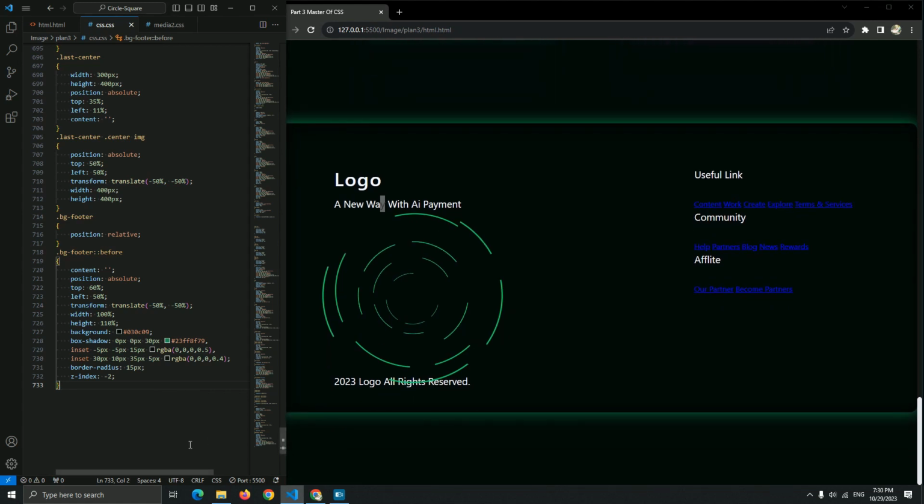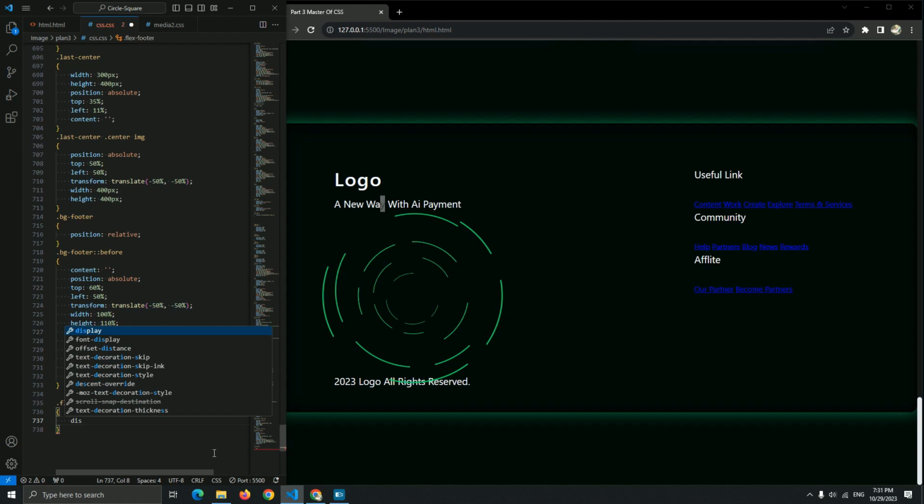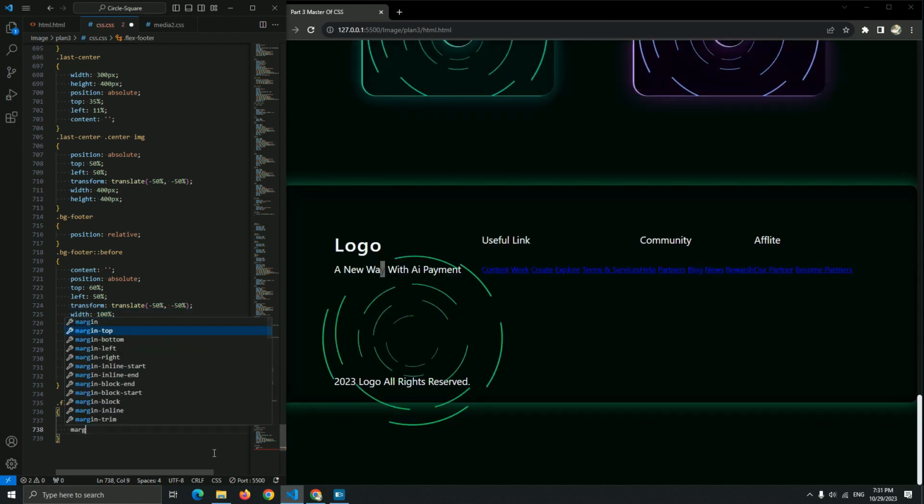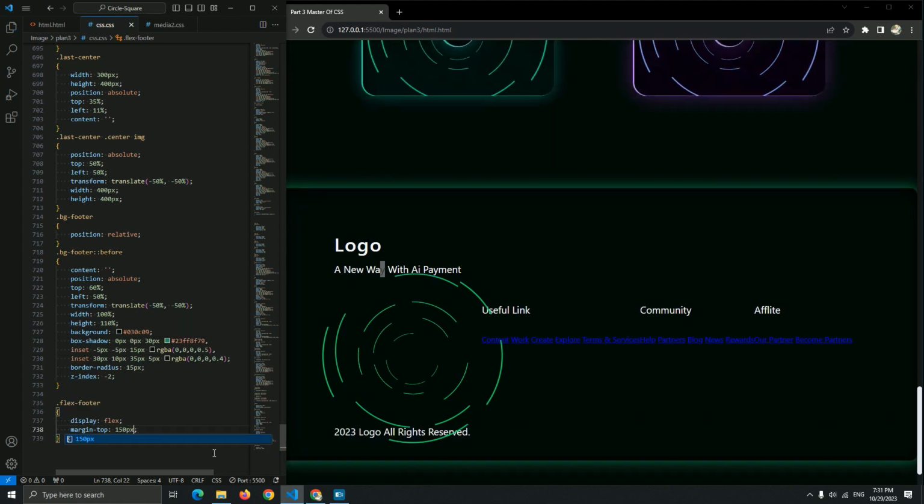This is our background. Now for the flex footer, let's go for this box of these three columns. The flex footer, let me just give it display flex. Okay, and for the margin top, let me add 150 pixel. Yeah, now it's better to be the same as the image. Okay, now let me start off with this column.